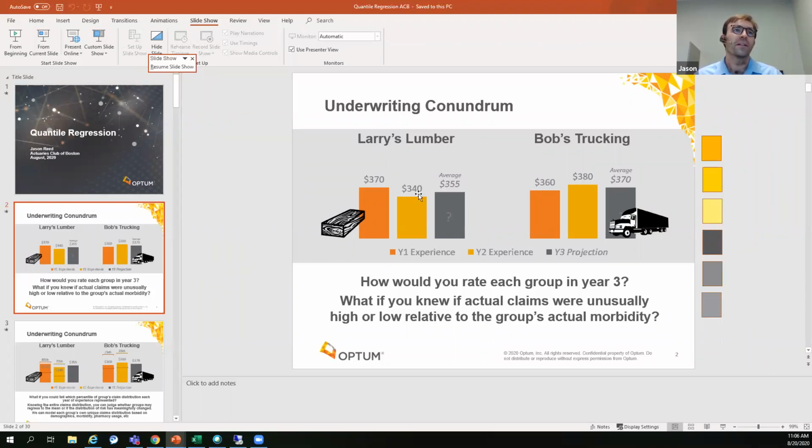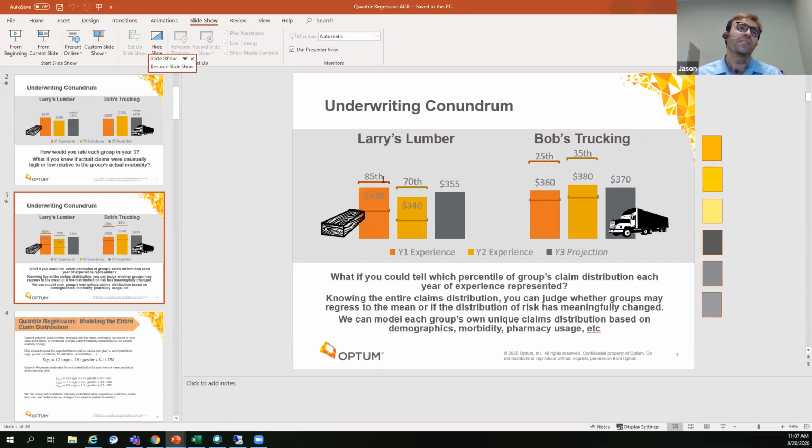There's their experience in years 1 and 2 for Larry's Lumber, and here's maybe the average over these two groups, if you assume that these are trended to the current time, and then for Bob's Trucking the same. And so what I'm trying to expose is to say, okay, what if we know not just how the actual experience worked out, but how that experience sits in terms of the possible range of claim outcomes that group could